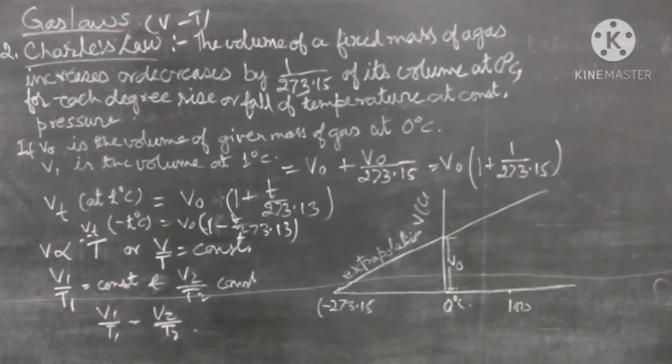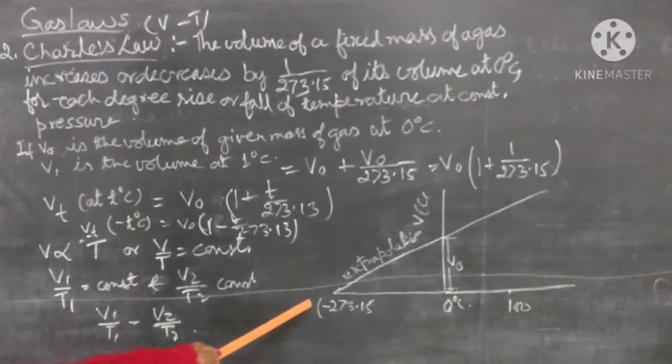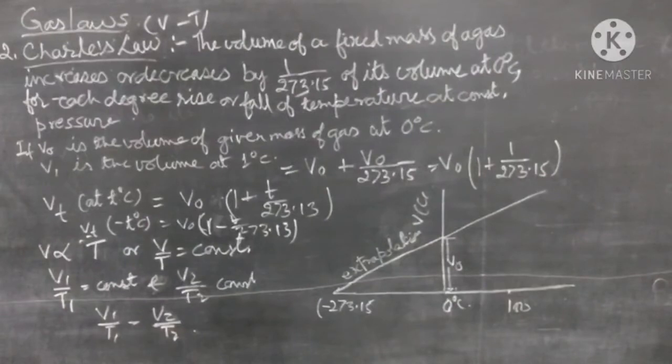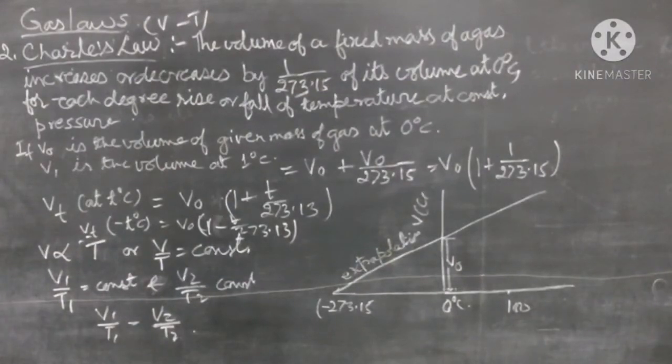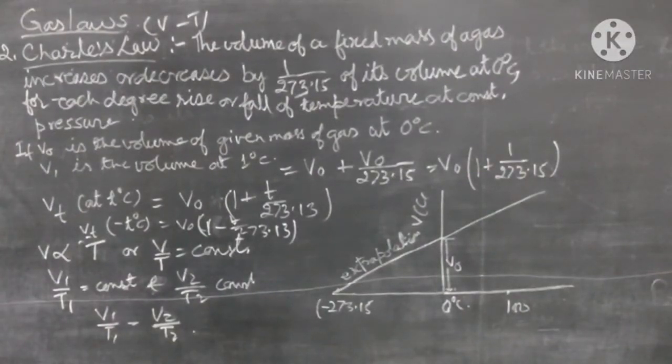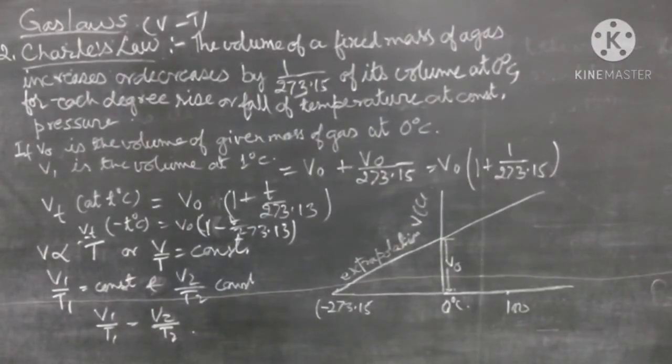Thus, a decrease of temperature results in a decrease in the volume of the gas, and ultimately the volume should become 0 at minus 273.15. It means that any further lowering of temperature is impossible because there is no existence of the gas, or it would correspond to negative volume, which is meaningless. Hence, an important conclusion can be drawn from the above discussion that the lowest possible temperature is minus